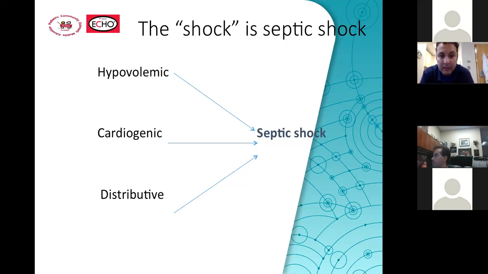Not only is the component of shock not only the infection. There is always a hypovolemic component. Pediatric patients, when they don't feel well, don't drink, don't eat, and they become hypovolemic. There is also a cardiogenic component of the septic shock. Even though we think our pediatric patients have a healthy heart, and they may not have as much comorbidity as adults, they are actually more prone to some myocardial dysfunction from TNF-alpha and IL-1B. So we should be aware of the cardiogenic component of septic shock, and the distributive, as we all talk about it all the time.